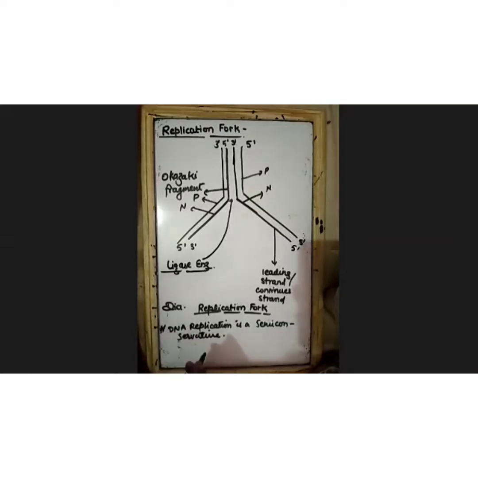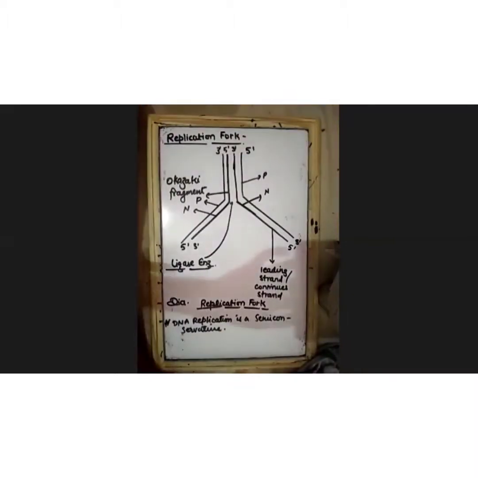I think it is clear to all of you. Any doubts? Do you get the replication? How the replication is taking place inside the eukaryotes? Shivangi, Akshat, Darshita, Aryan, Shreya,